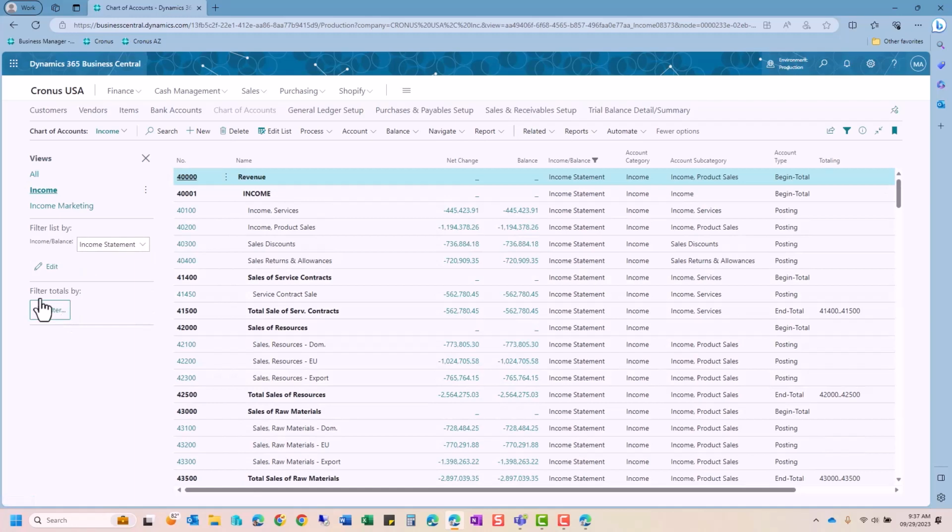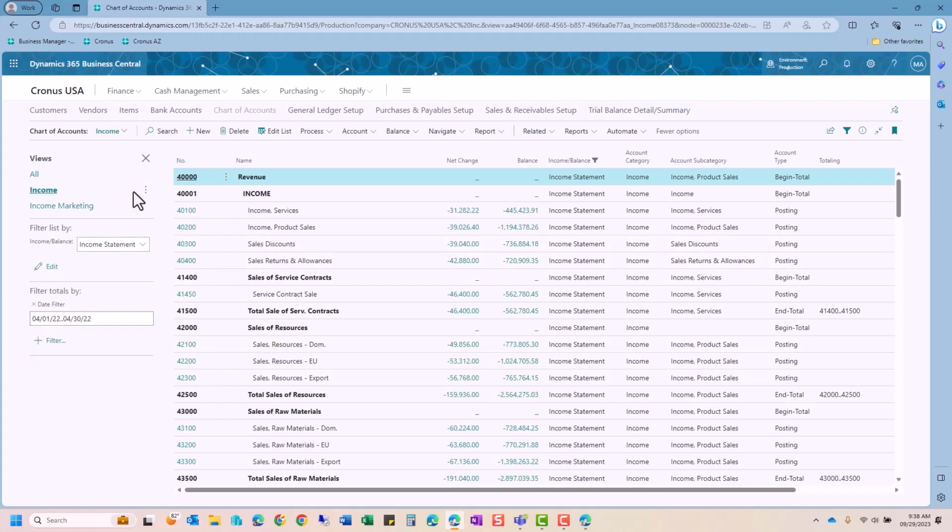If I come in here and I set some totals, so I'm going to do a date and let's just do April of 22. All right, so I set those dates. So what that allows me to see is the net change is everything that posted in April of 2022. And this is my current balance of 2023. So this allows me to, in a sense, do an online trial balance so I can easily take a look at the information. But if I wanted to, I could save this as a filter also